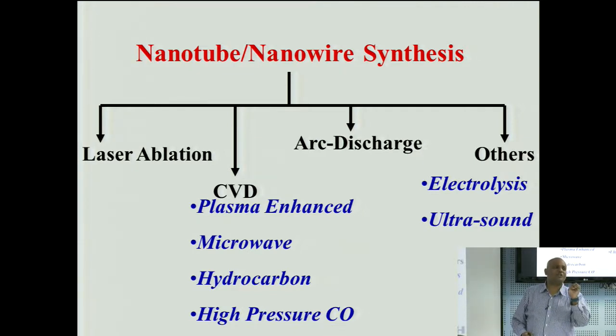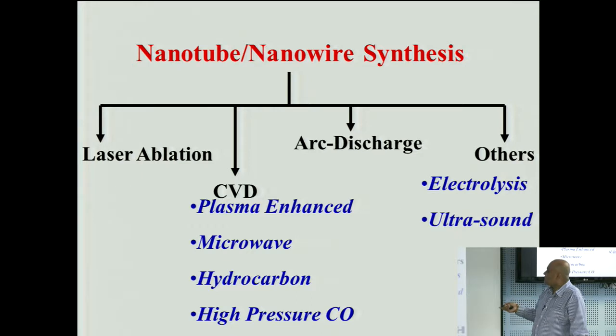So, at one spot you can heat the temperature very high, and so you go from a high, because I said the critical way of making nanoparticles is you have to go from high temperature to a low temperature, and how you have the temperature gradient decides how the nanoparticle forms, especially one dimensional nanomaterials, for the way you are making. The arc discharge, CVD, the different forms over here are the different